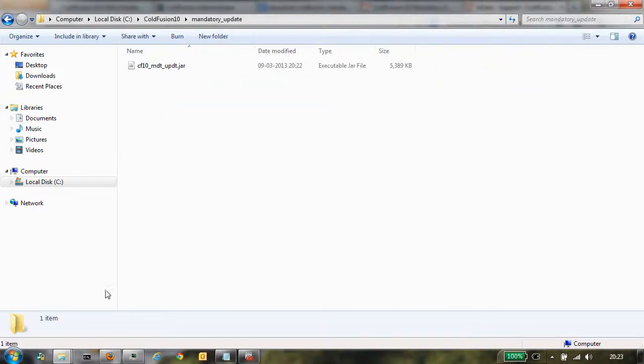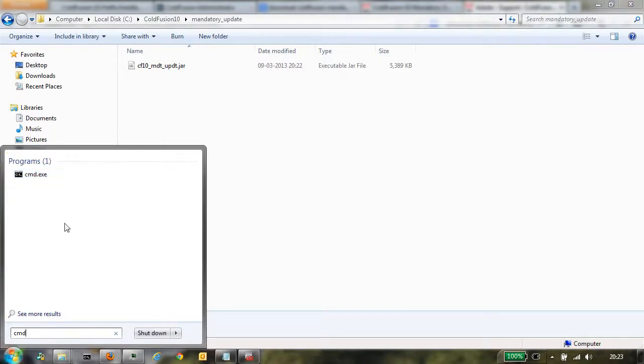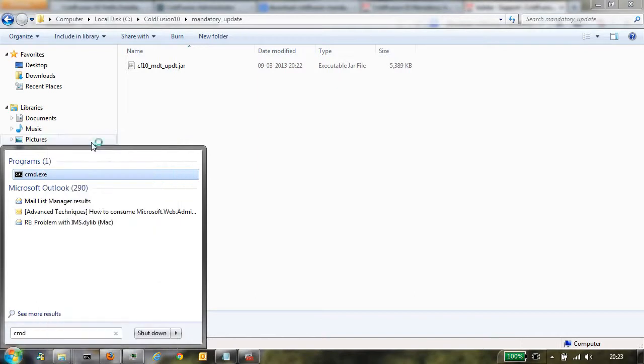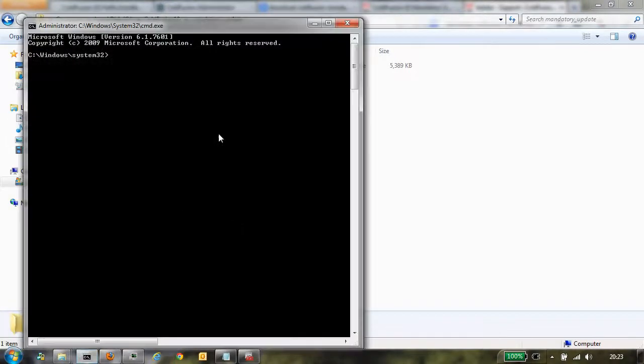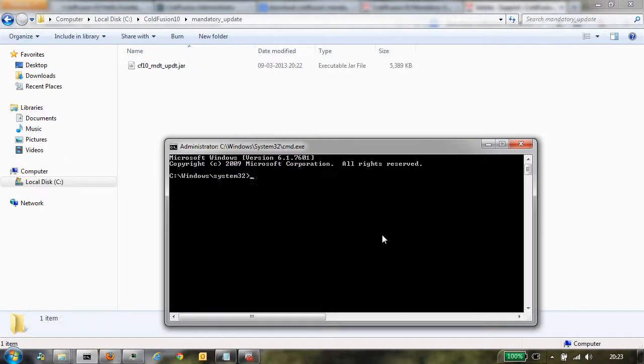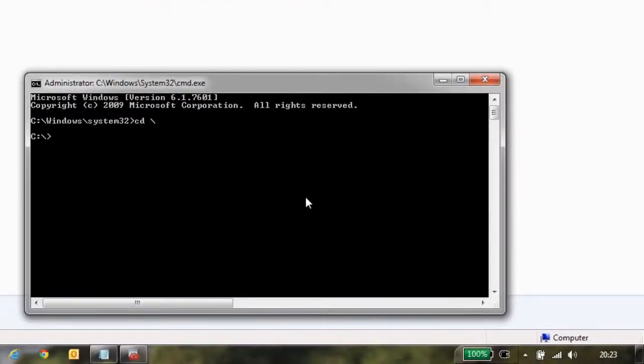Now open a command prompt with the run as administrator option, and cd to the directory that we have downloaded the file to.